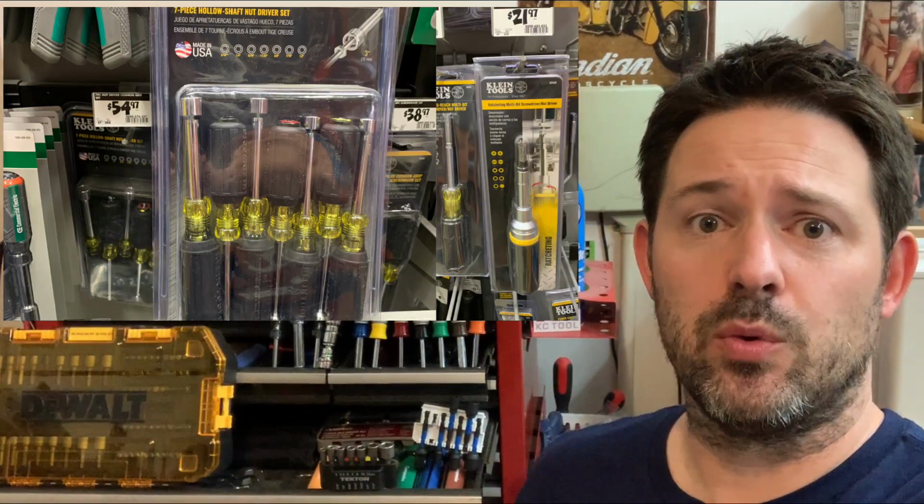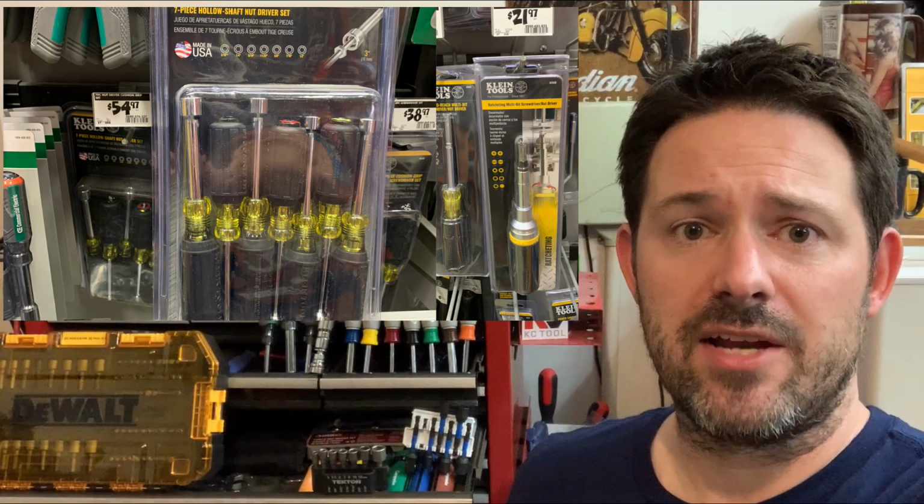Now, if you're looking to spend a little bit more money, you might be surprised that you can still get a high quality nut driver set for just under $55. This set would be like a Klein Tools made in the USA 7-piece nut driver set. Features a nice rubber grip, as well as it's tried and true by tradesmen everywhere and backed by the Klein